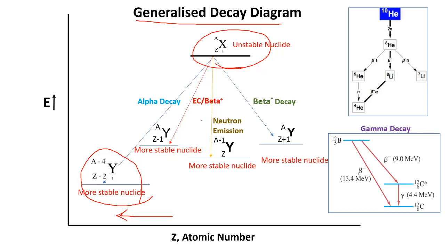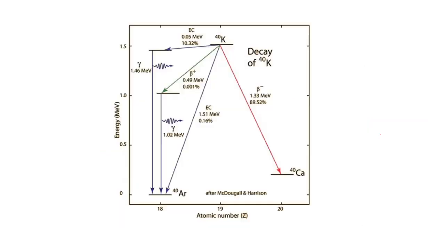And if you see over here, that's the neutron emission, and this is rarely seen. For example, helium-10, a helium atom which has a mass number of 10, is extremely unstable. So it immediately releases 2 neutrons to get to helium-8, but still it's unstable, so it keeps on decaying further to get to a stable state. That's something we call neutron emission. So helium-10 keeps on emitting neutrons to get to a stable daughter nuclide. Fine. And gamma decay we have already discussed in the previous slides.